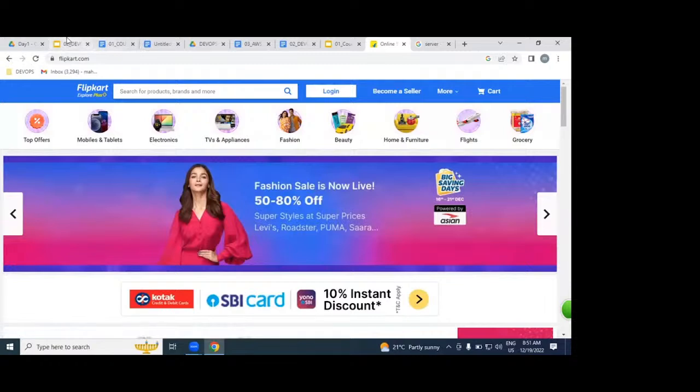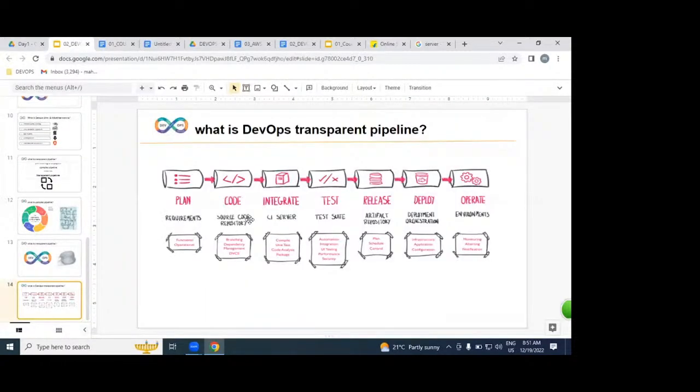Got it very clearly? What is the DevOps process? DevOps is a process which you implement from the dev environment and which ends with operation. That means we are part of dev environment, integration, testing, release, development, and operation. We implement DevOps as an automated, transparent pipeline.